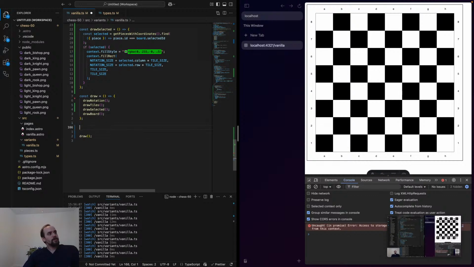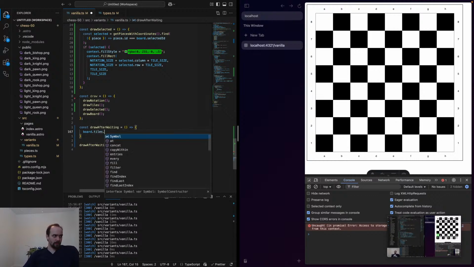So we're gonna do board.tiles, draw after waiting. And we're gonna do, because the images aren't ready for this first draw, but we don't need to be drawing every frame. That's just crazy. So what we could do is